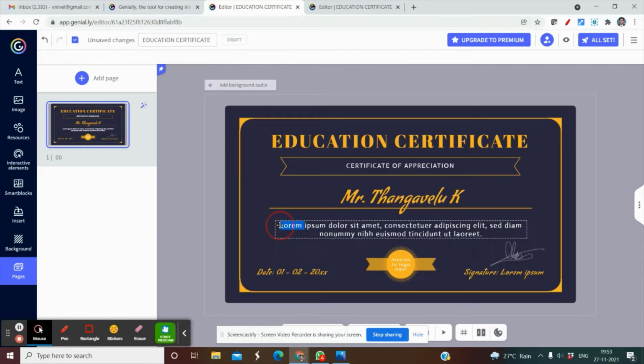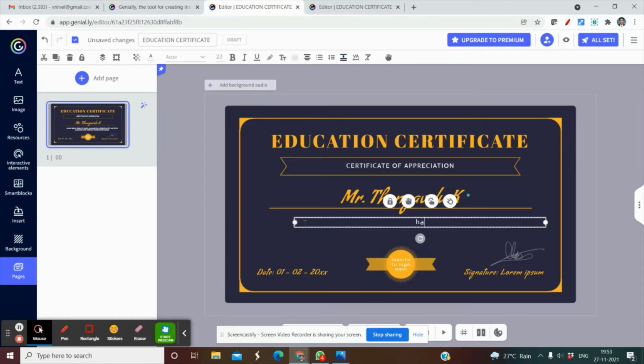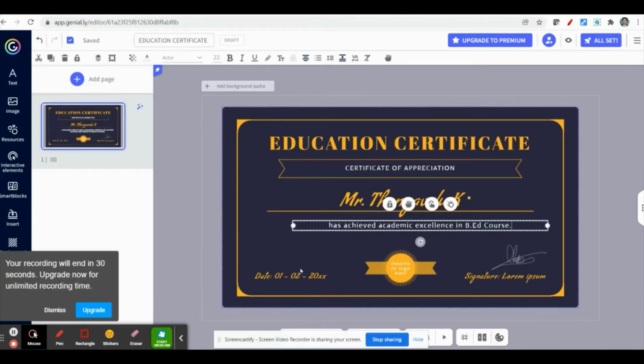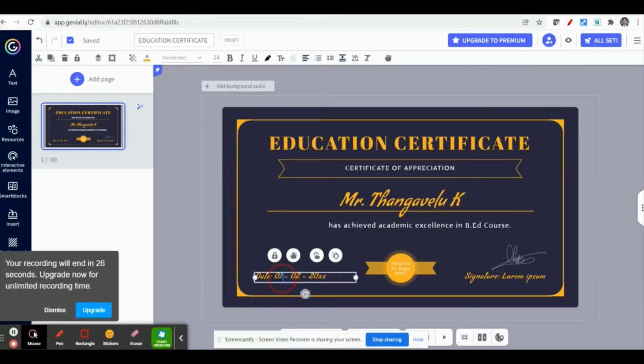You can edit the content. For example, he has achieved academic excellence in B.Ed course. For demo purposes, I have created this certificate, and you can edit the certificate date. For example, let me enter the date.